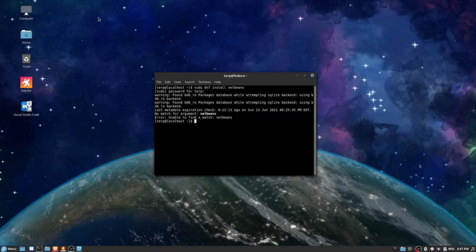Okay, so probably let's search how to install NetBeans on Fedora. Most likely if they show you tutorials on how to install NetBeans on Ubuntu, it's gonna be the same thing, except, like I said, it's gonna be this dnf install, with the same name as shown in the Ubuntu tutorial.